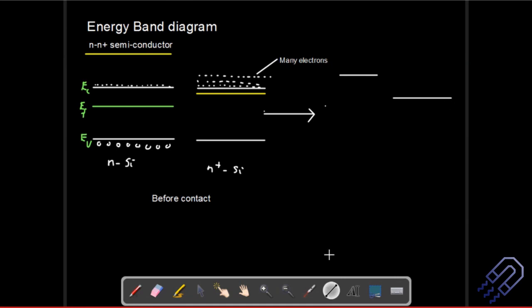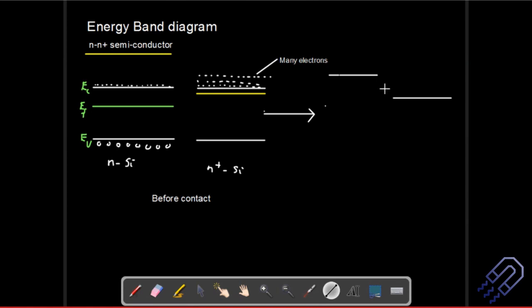Whenever you are applying a biasing, whenever you are connecting, it's just like an example of a water tank. If you are having water here and you are having water here and you are somehow connecting it, the chances are that the water will flow from this end to this end until the level becomes equal. So in terms of Fermi energy level, if we are making the contact, it will keep flowing until and unless the Fermi level for both the cases are equal.